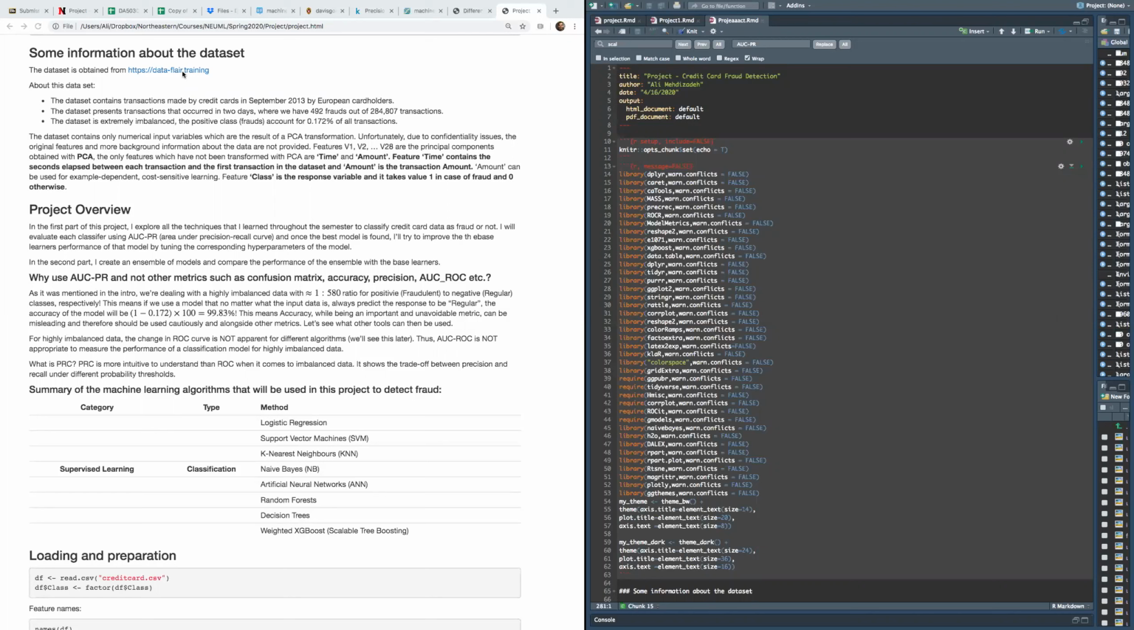It has about 285,000 transactions. The dataset has 30 features, which are principal components of some unknown features, which have not been shown due to confidentiality issues, and they're all numeric, so we don't need to make any transformations, etc. And the goal of this project is to predict the fraud transactions